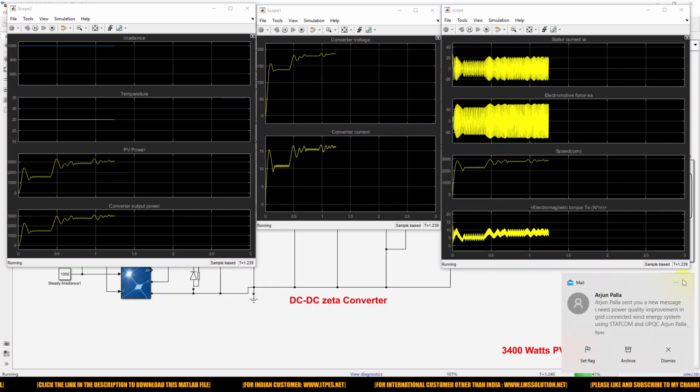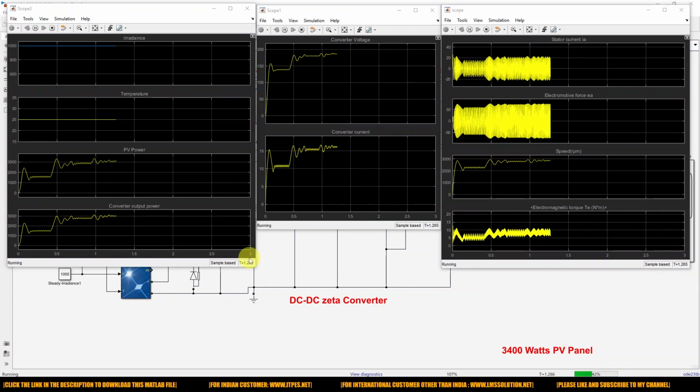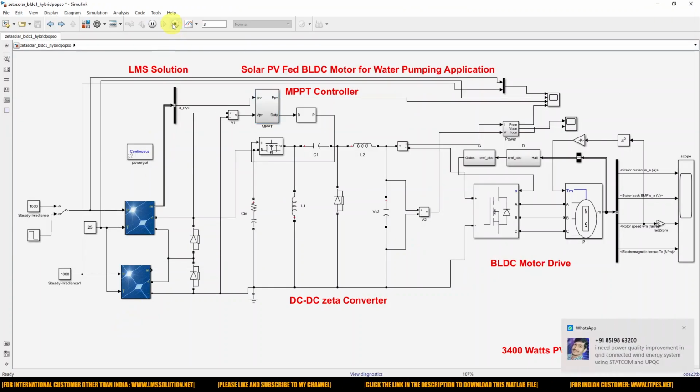So for that only we go for hybrid PO PSO MPPT. When we go for hybrid PO PSO MPPT, what happens? The maximum power of the panel can be extracted quickly, and also we will get the exact results. So next I'm going to simulate the model